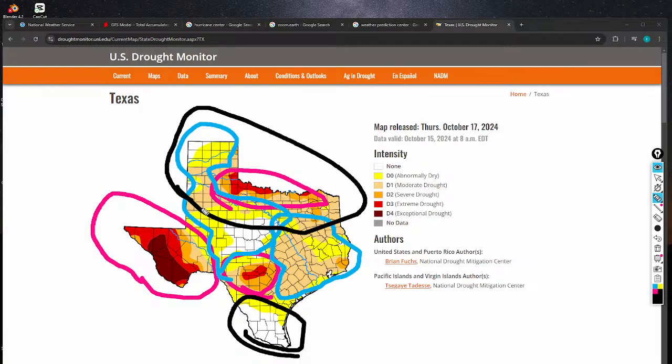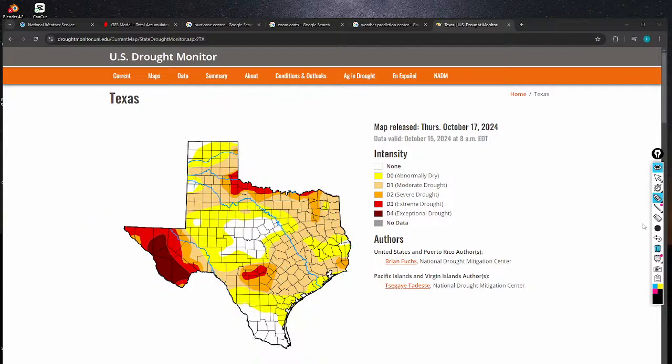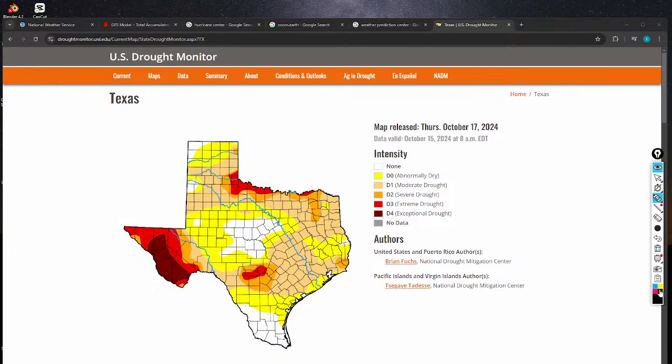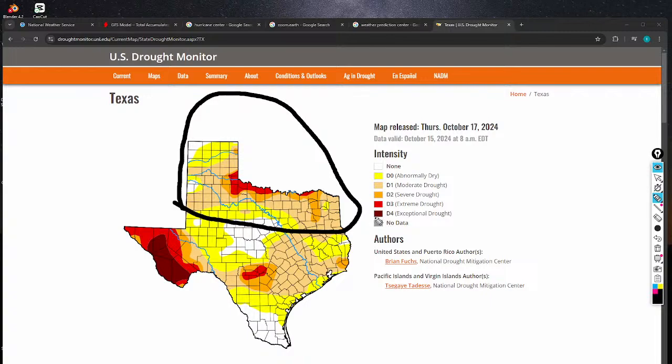Okay, so purple is the worst areas at the moment. Sorry, I had to reword that for a second. So the areas in the pink or purple are the worst areas of today. If you were in the black, you will probably get some rain closer to the future, so you don't have to worry as much for an exceptional drought. Y'all are in an extreme drought right here.